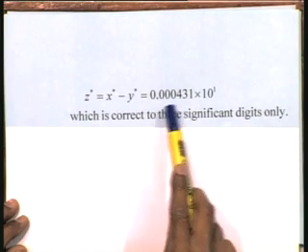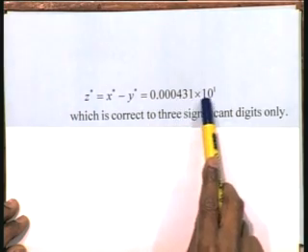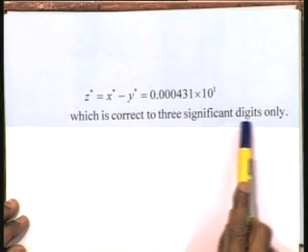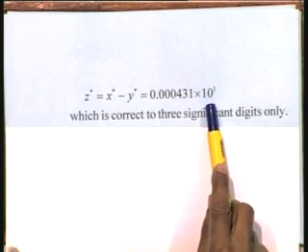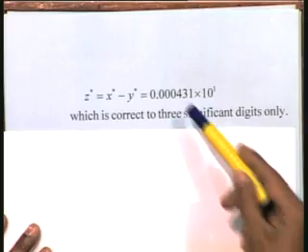So this is in the usual form that we are writing, but once it is written in the normal form, it is going to be read as 0.431 times 10 to the power minus 2. Therefore this is correct only to 3 significant digits. Therefore we have lost 3 digits in this subtraction of the small numbers. Now you can see how we are able to say that this is not accurate.